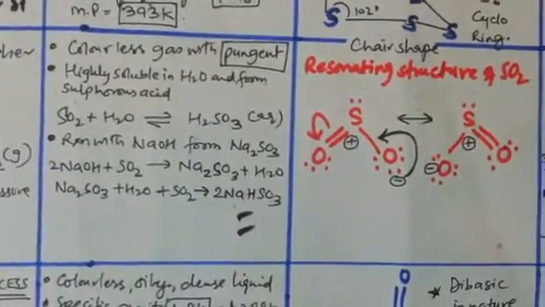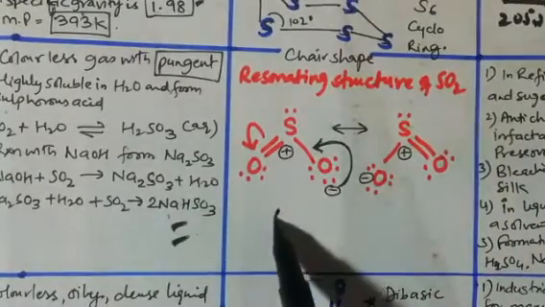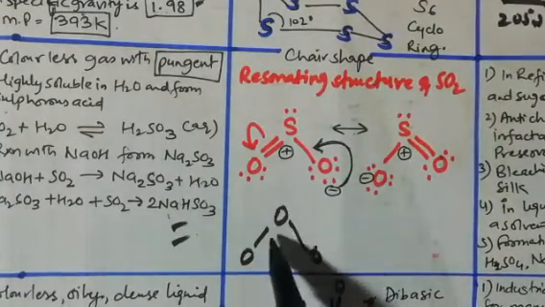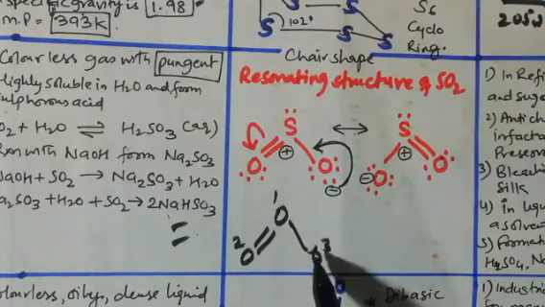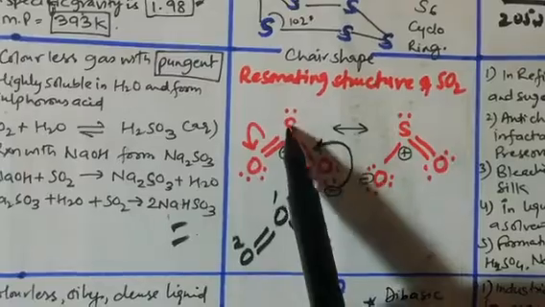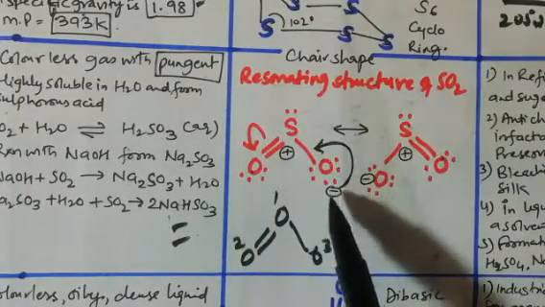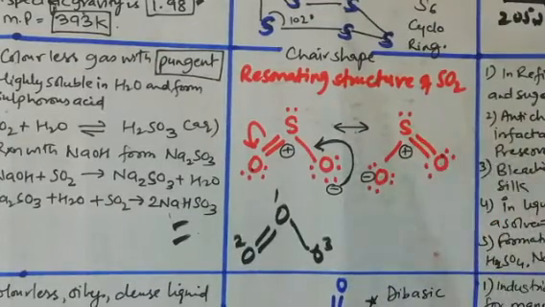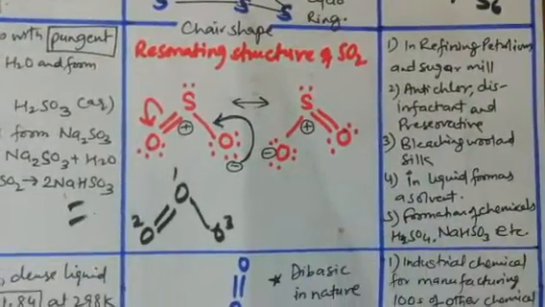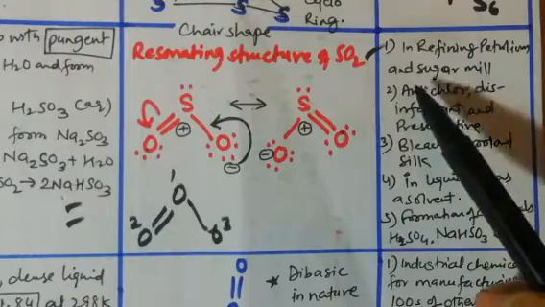Sulfur dioxide forms a resonance structure like ozone. As in ozone, there were 3 oxygens, and between 1 and 2 oxygen there is a double bond, and between 1 and 3 there is a single bond. Similarly, there is sulfur with an oxygen double bond on one side and a sulfur-oxygen single bond on the other. It shows resonance. You know very well resonance: it has the same formula but different distribution of electrons.